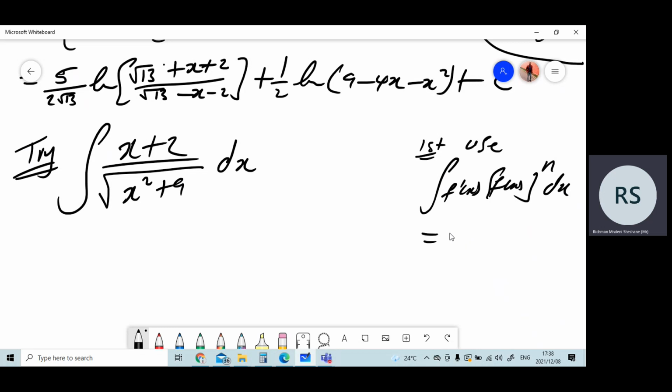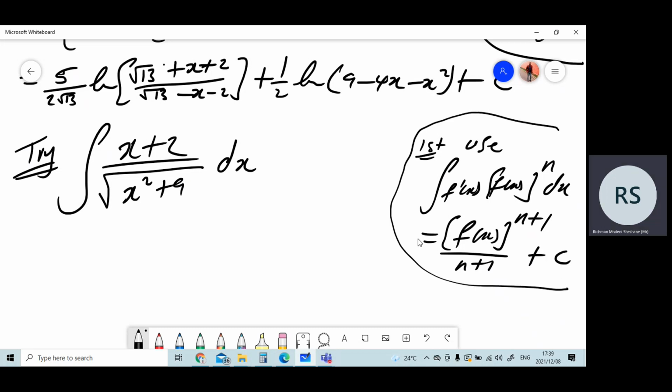This formula, if you need it, I'm going to provide you during the test. The integral of this is to the power of n plus 1 over n plus 1 plus c. All right. And then you're going to split this in terms of two terms. That's how, and the next term will be